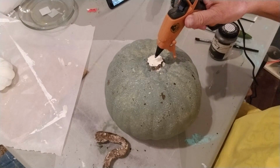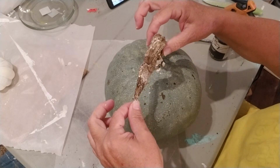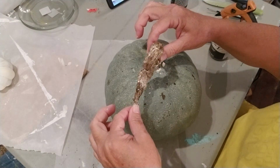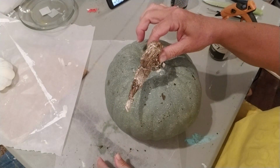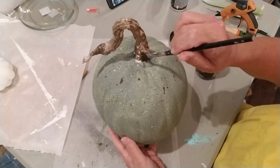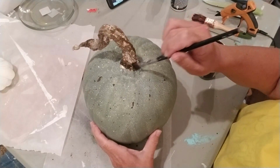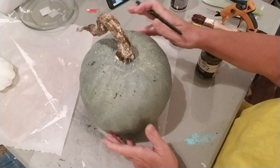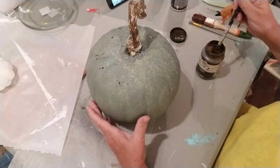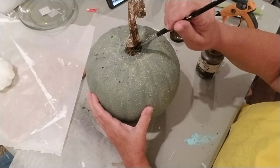I'm going to add a big glob of hot glue on the top of the pumpkin and then add my new pumpkin stem. There's still going to be a little bit of white showing, so I'm just going to grab the antiquing wax and then just give it a little bit of a refresh just so everything looks cohesive and joined together. I think out of all of the makeovers that this pumpkin has received, this one is definitely my